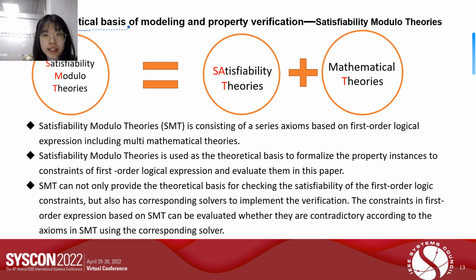The next basis is Satisfiability Modulo Theories. Although Karma, based on the GOPPRR modeling method, is able to formalize modeling alternatives, it cannot quantify and evaluate the alternatives. In order to support the description of property constraints and the implementation of property verification in MBSE, Satisfiability Modulo Theories is used as a theoretical basis to formalize the property instances to be constraints in first-order logical expression